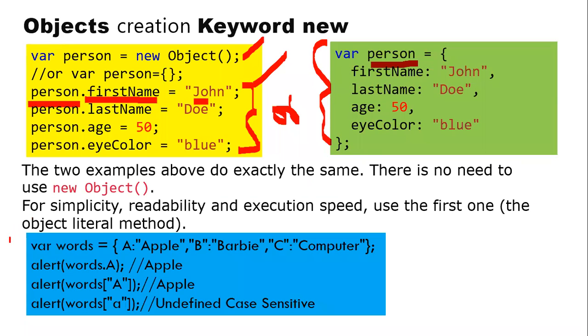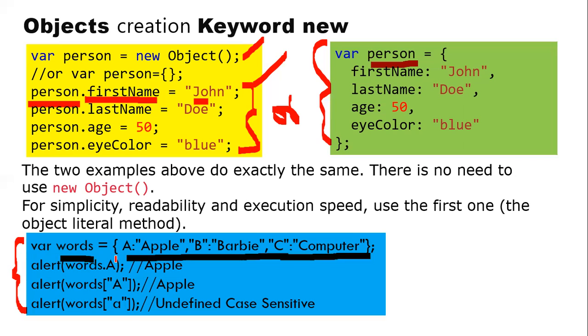We'll take a better example now. What I'm doing is I'm trying to create an object called words here. The last one, the blue box I'm talking about. I'm creating an object called words, into which I'm trying to assign multiple values. For example, A, I'm defining one property, and into this I'm going to put the value apple. B is another property, in this I am assigning the value as ball. Like that, three different properties I am defining for words there.